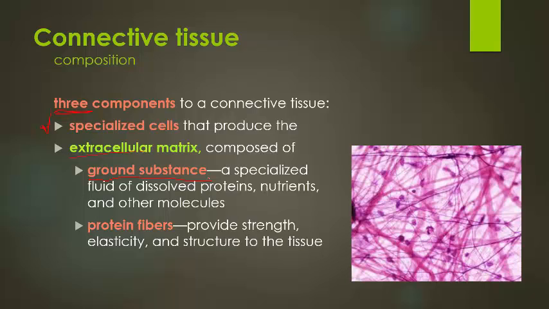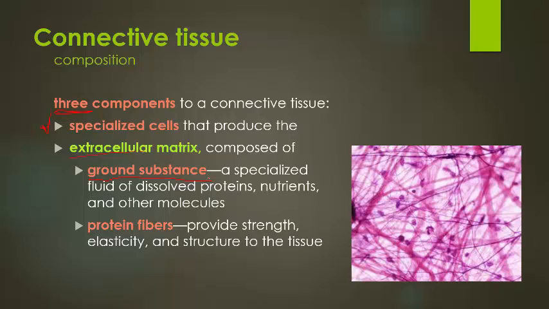I think the reason it's ground substance is because it's the basis in which everything else is found. It's sort of the medium, the dirt that everything else grows in. That's how I think of it. And so that's a specialized fluid, and it's full of dissolved proteins and nutrients and other molecules that the cells will need to make their